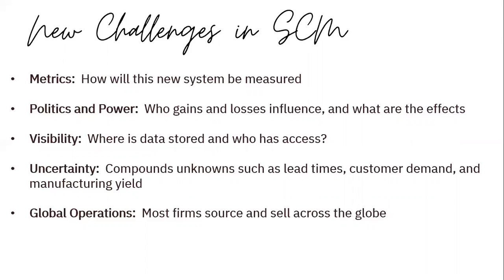Next is visibility. This is also very important. Let's say, God forbid, some company sells some goods, and it turns out that it's a food product, and perhaps some people got very sick by eating the food product. If that company wants to recall their products, then they really need to know where exactly their products have been, who the final consumer is of their products. And sometimes companies have access to this information and other times they don't.